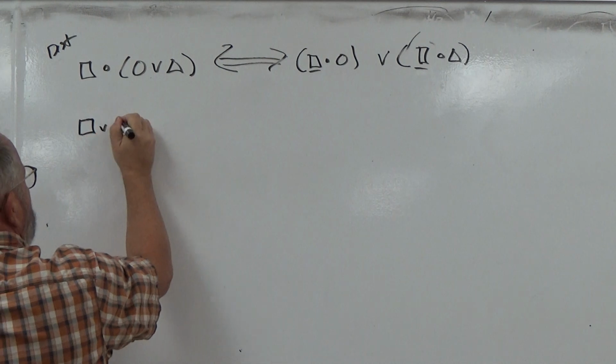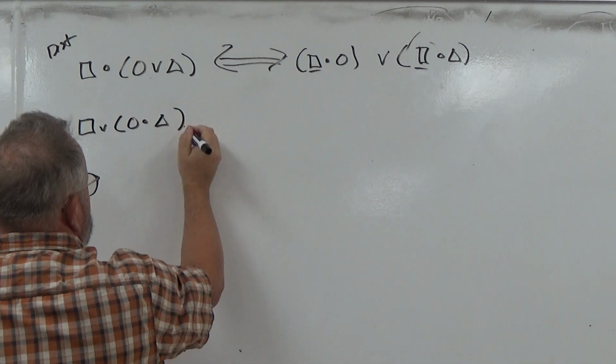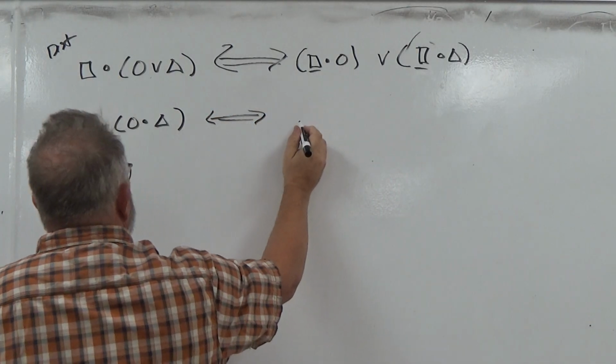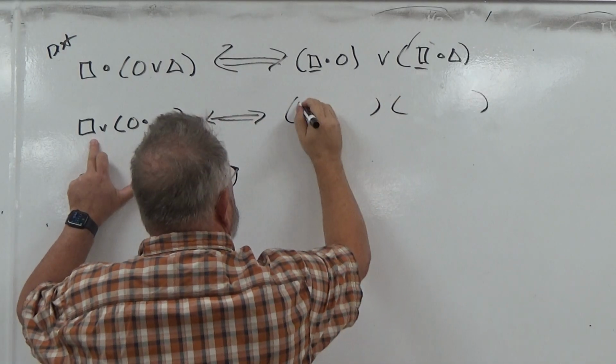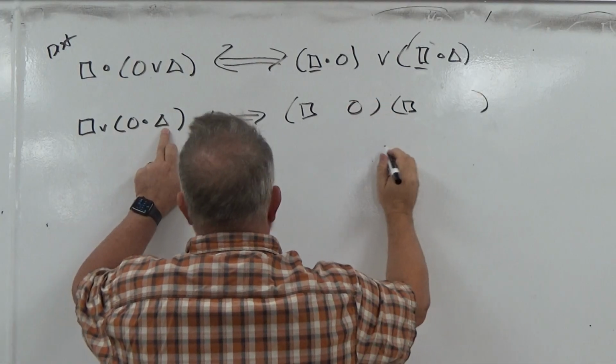And we also have distribution going like this. Box or (circle and triangle). That can be converted into the following. We're distributing the box to the circle and to the